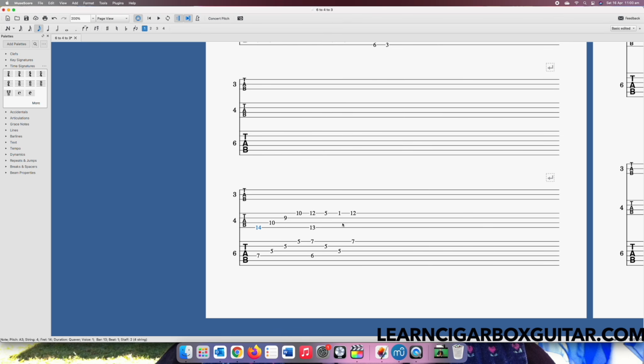Now likewise, bring that one down to there and leave that one there. And now we can, let's see if it sounds anything like Stairway. Yeah, it's pretty close. And you've solved that problem. Now if I try and do that on the 3 string,